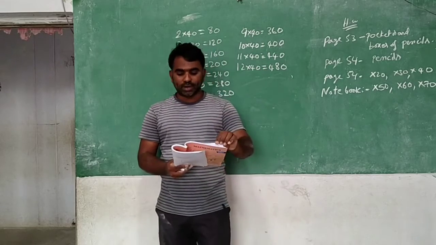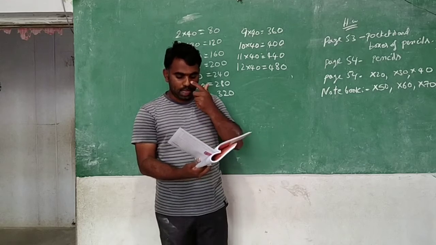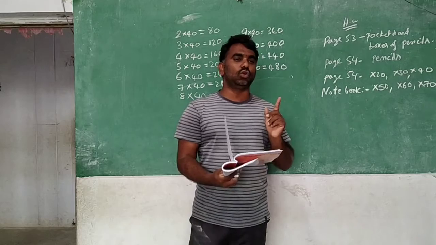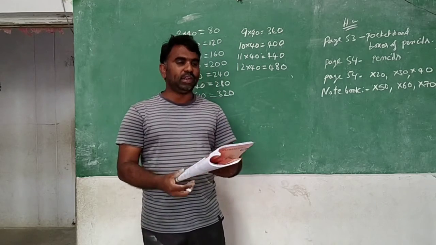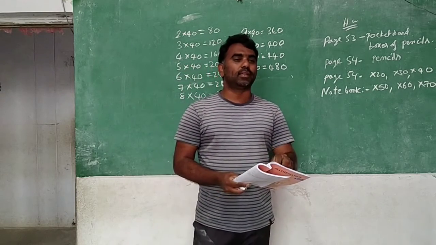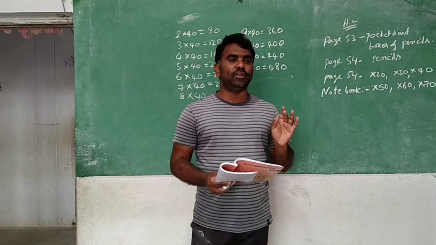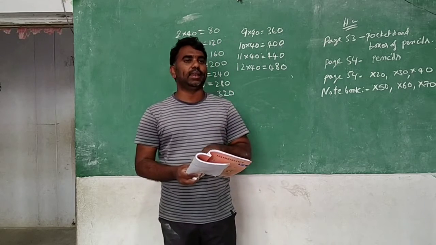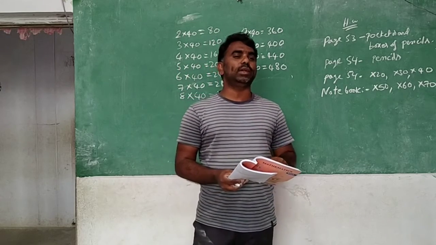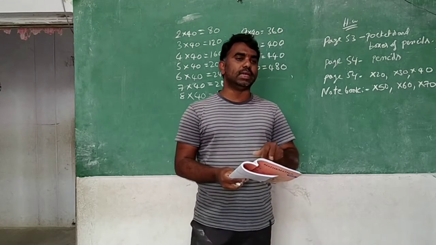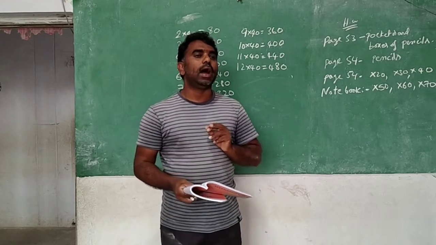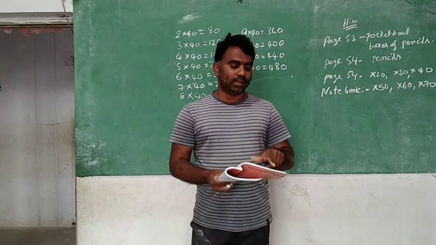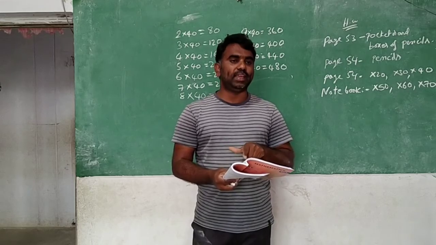So okay, now what have you learned today? Page number 53 is about the 10 pencils; you need to fill in the blanks. In page number 54, about the big pencil box, you can fill that. Next, in page number 54 only, there are 3 lines of multiplications: into 20, into 30 and into 40. You can fill all these. After that, in the notebook, you will write the same lines, that is into 50, into 60, into 70.